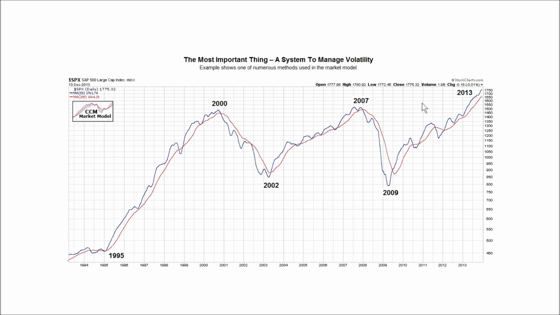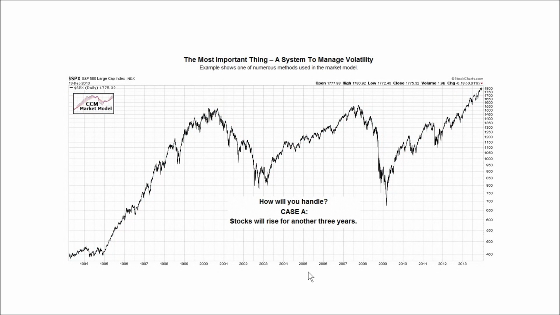This is a bearish look. Again, a little bit more difficult here, but that's why you have redundancy in terms of your indicators and your time frames. At any point in time, as investors or even traders, because you can take all of this down to shorter time frames, we should be able to handle two major cases. How will we handle case A, where stocks rise for another 3 years?